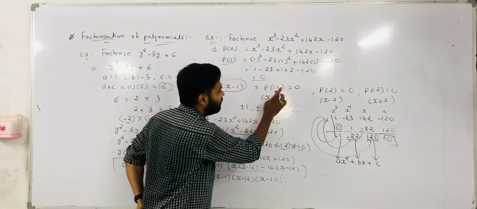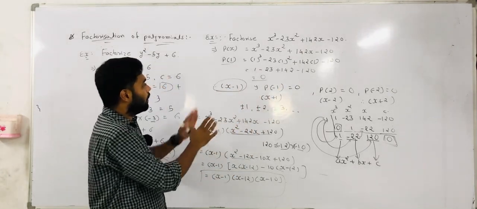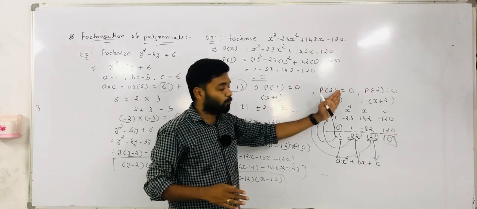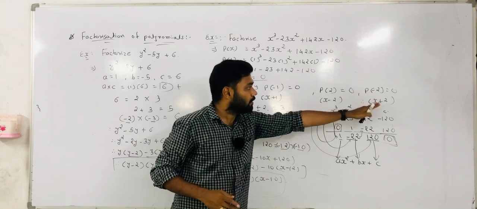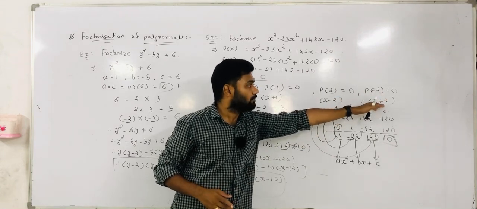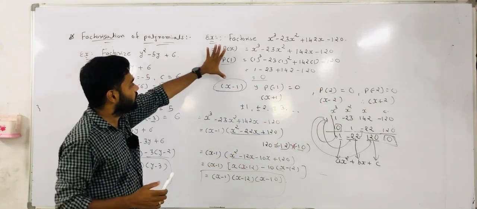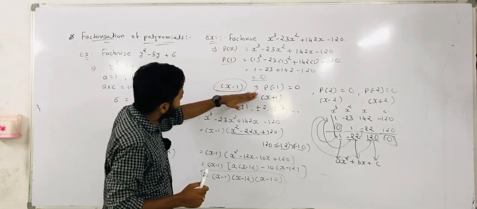अगर minus 1 पे मिलता तो x plus 1. माइनस 1 को भी 0 नहीं आता, हम 2 पे जाते हैं तो x minus 2, वहां पे भी 0 नहीं आता, then we go further for minus 2, then one common factor is x plus 2. So this way you get one common factor.